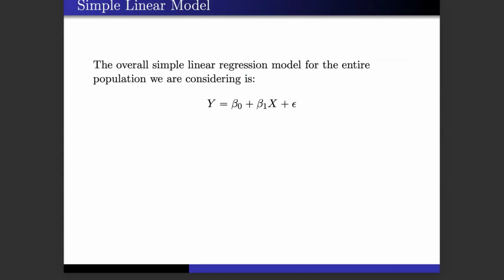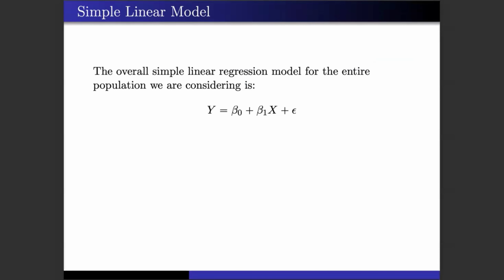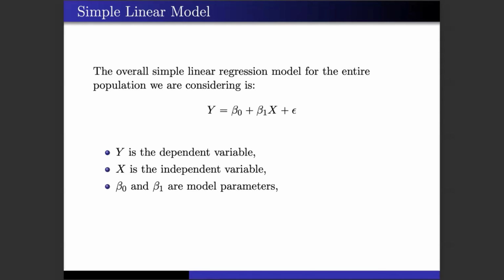So let's start. We all now know what a simple linear model is when we have one independent variable and a dependent variable present in the model. It is y equals beta naught plus beta 1 x plus epsilon. Here, y is the dependent variable, x is the independent variable, beta naught and beta 1 are the model parameters, and then we have an epsilon term, which is the error term, and it accounts for the uncertainty in the